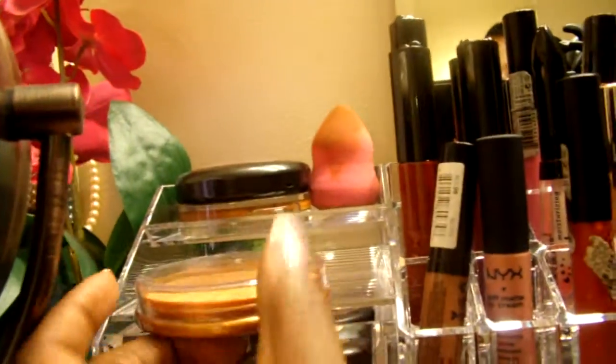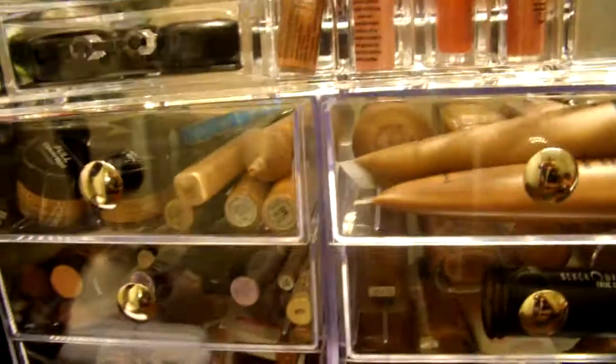I love it. And then here are just some of my MAC eyeshadows, ones that I use more frequently. Oh, and I forgot to mention, behind the lip glosses is the new foundation from BH Cosmetics, the liquid foundation, and I have the color Mocha, as well as Deep Beige, which is their darkest shade. And just below that little vanity, just below the little